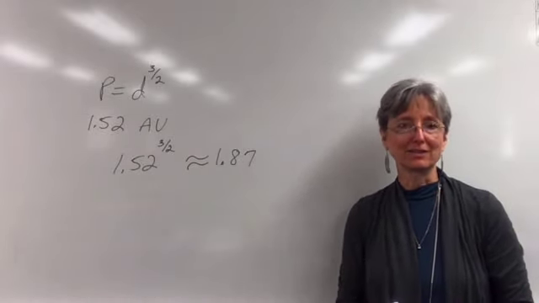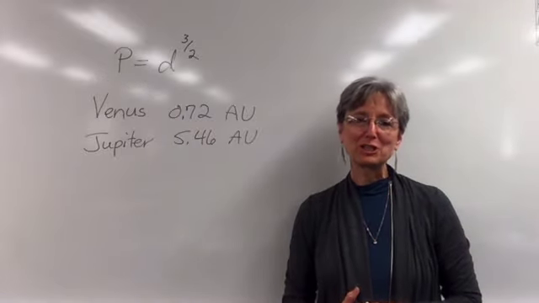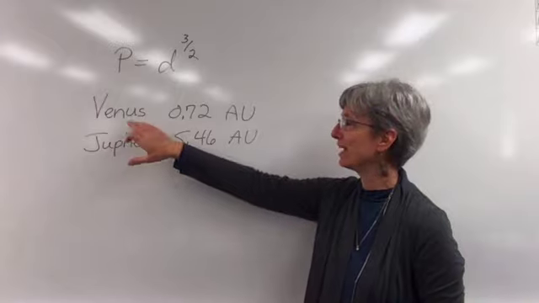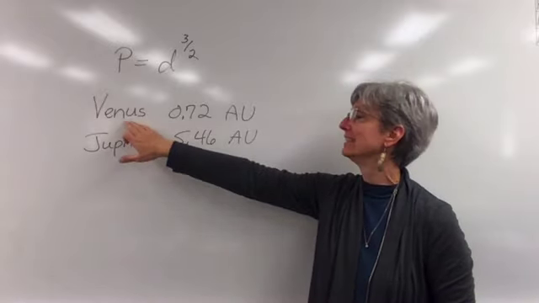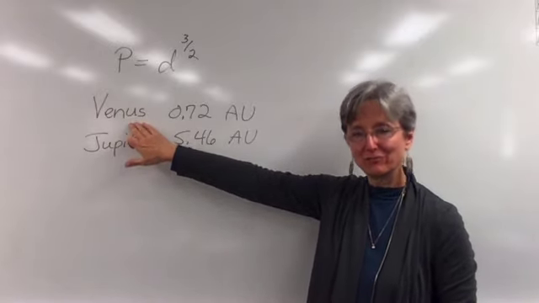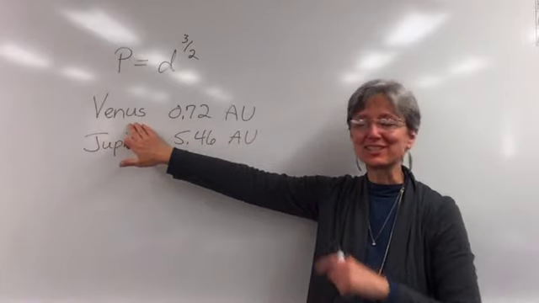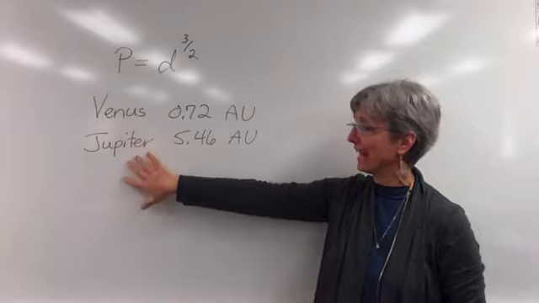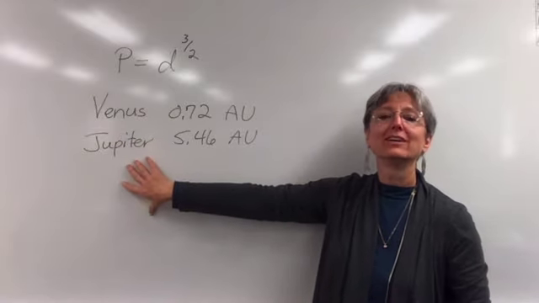Okay, we're going to finish with your lesson check. I want you to find out the length of a Venusian year. How long does it take Venus to circle the sun? And also a Jovian year. I think I'm saying that right. How long does it take Jupiter to go around the